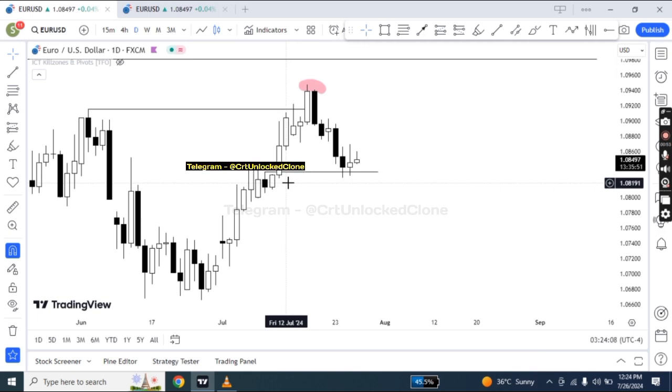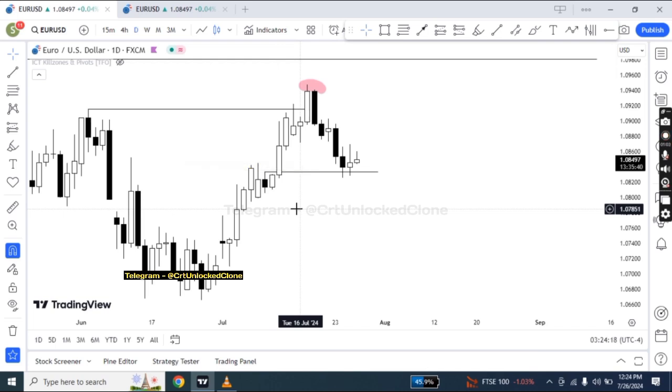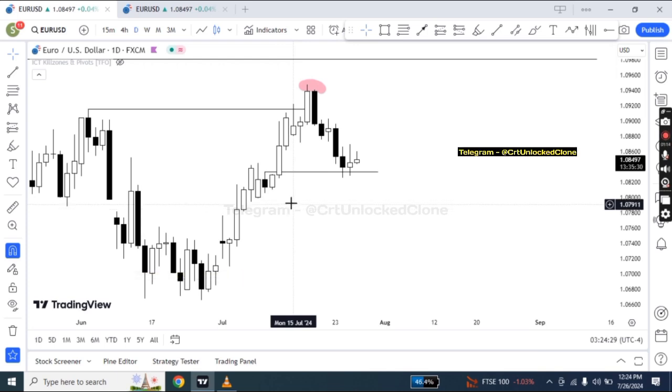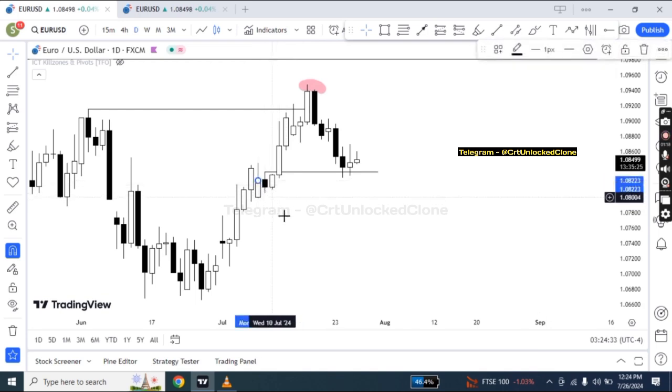But even if the key level, such as the order block or the FVG, is in the counter direction of the higher time frame drawn liquidity, then still it's going to offer a small reaction on the lower time frame. Now the scale of that reaction will be different for each level and will depend upon the quality of that key level, right? And I'm going to show you how you can determine the quality of a key level. We're going to discuss that in a minute. But you need to remember that